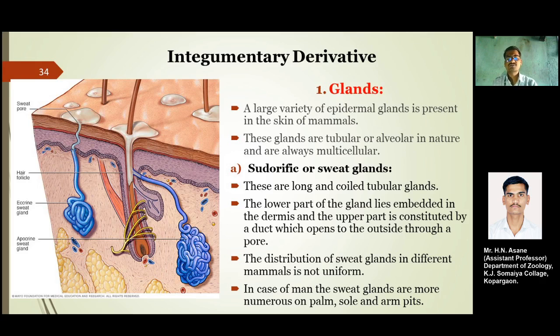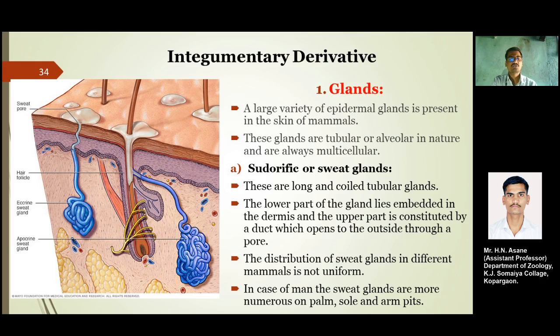But what happens if you have a well developed thermoregulatory mechanism and you are living in the temperate zones? At that time, your thermoregulatory mechanism plays an important role to maintain your body temperature, as well as your metabolism and the excretion of nitrogenous waste into the outer environment by means of sweat. As you can see in the picture, the sweat pores are secreting the sweat